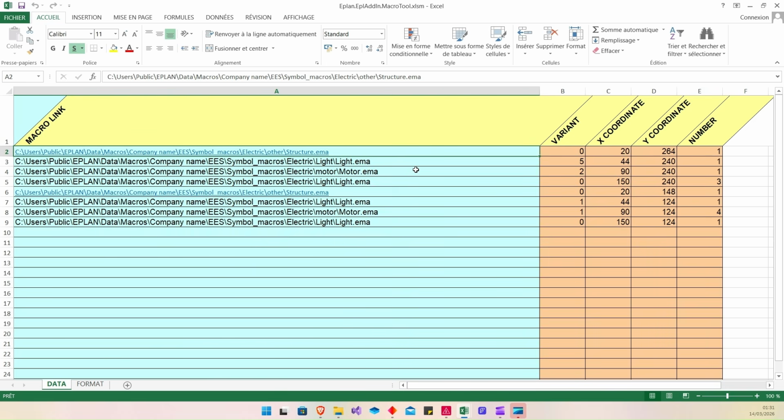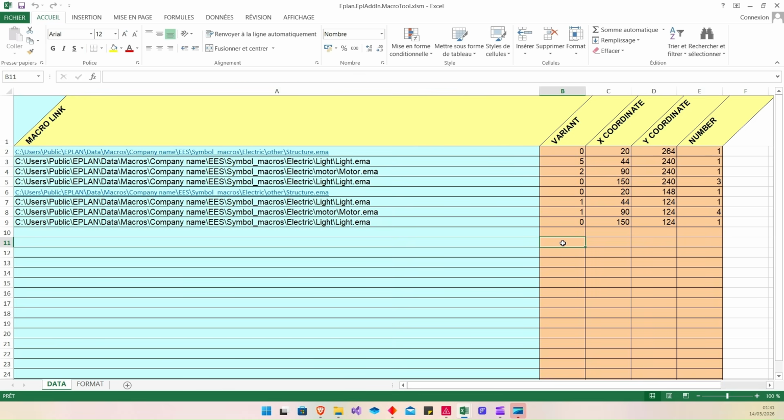That's the reason it's good to use my Excel file. Also, I inserted some verification. If you insert, for example, a string parameter, you will get an error. That's the reason I recommend using this Excel file.